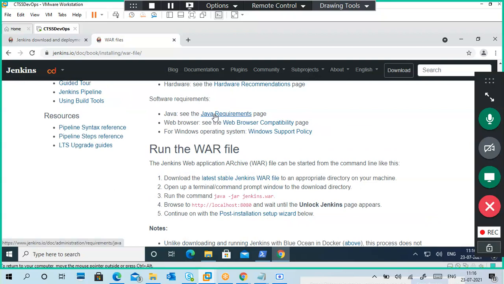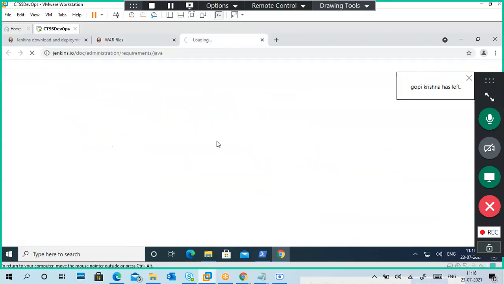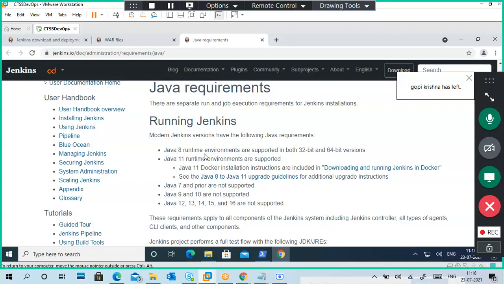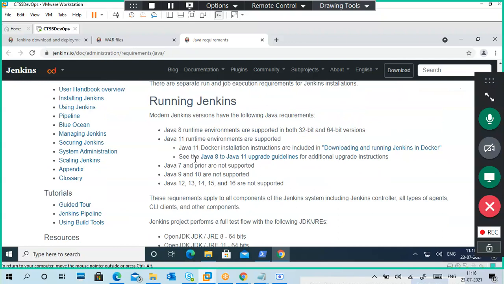So first of all, we should install Java on our PC, and make sure whether it is installed or not. Only Java 8 and Java 11 will work. Not 9, not 10, not 12, 13, 14, 15, 16.